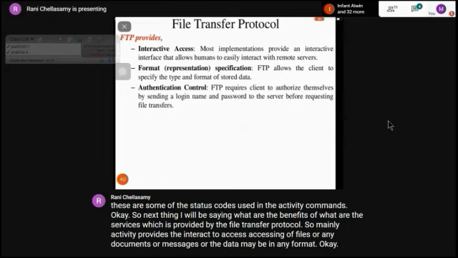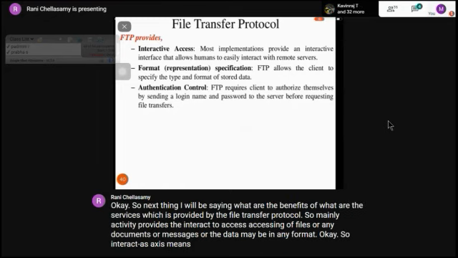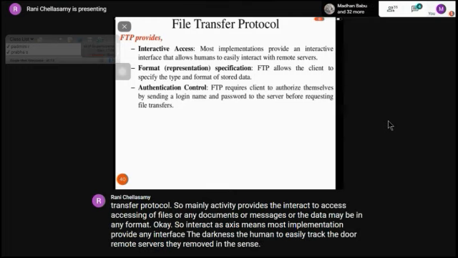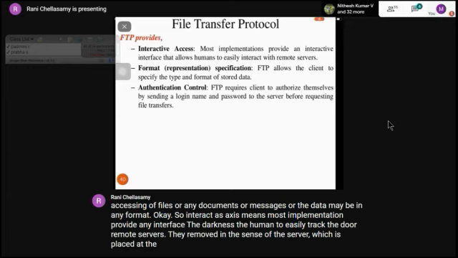Interactive access means most implementations provide an interface that allows humans to easily interact with the remote service. Remote in the sense of a server placed at a far distance, a long distance, that we call a remote